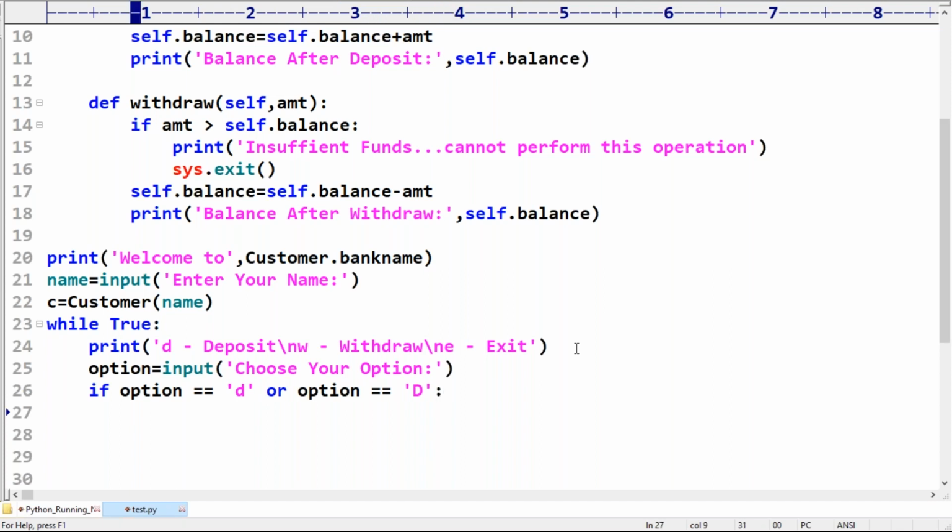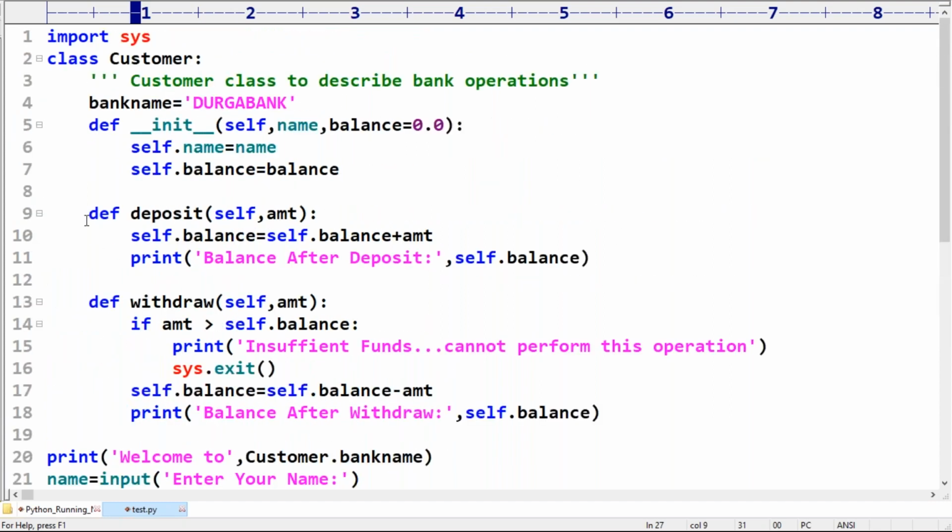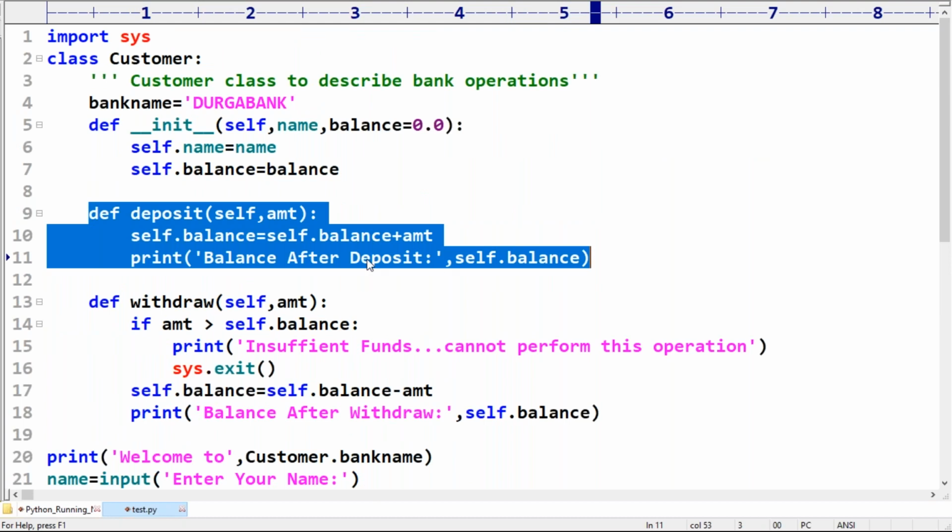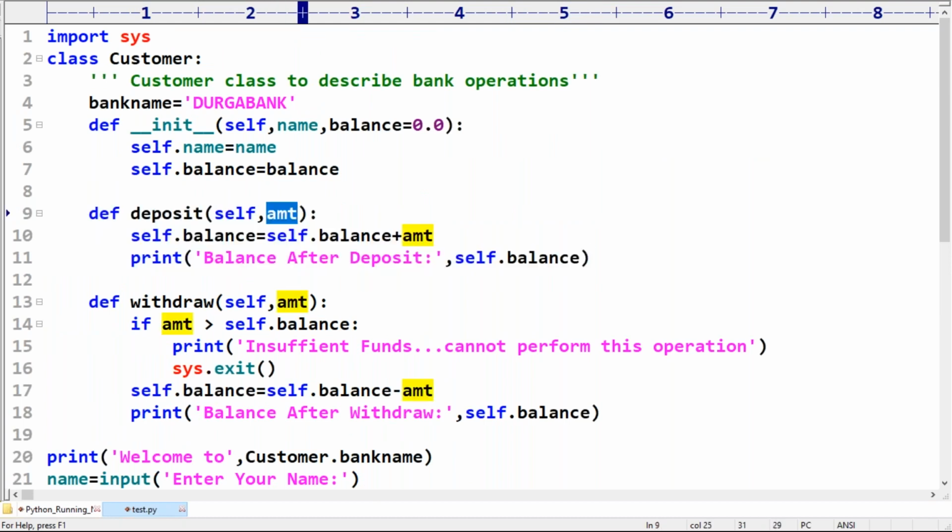If the option is D, he chooses either lowercase or uppercase, no problem at all. Then which thing does he have to call? Deposit. But to call deposit, an amount is compulsory, right?